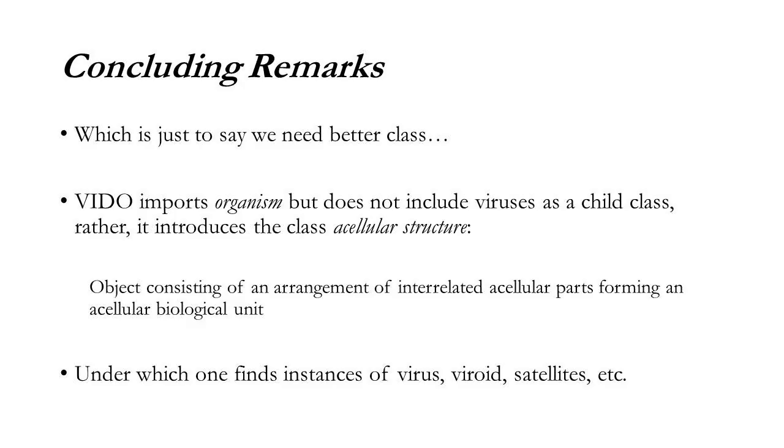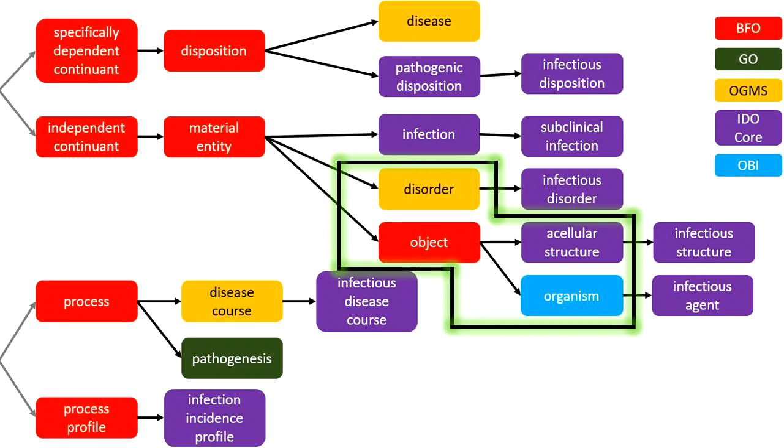We import organism, VIDO does, from OBI, but we just do not include viruses as a child class. Rather, VIDO introduces a class Acellular structure, which is an object consisting of an arrangement of interrelated acellular parts forming an acellular biological unit under which one finds instances of virus, viroid, satellites, etc. Here we covered again disorder, object, acellular structure, organism, and a little brief gesture at virus, which will be the topic of another